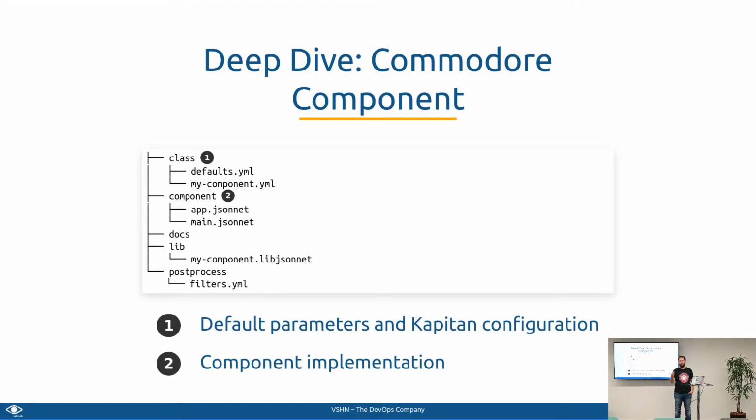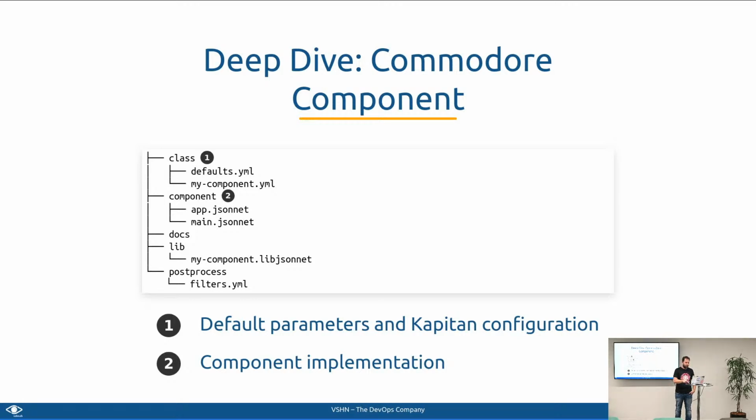So if you already have a good Helm chart for the thing you want to install, you could also use a Helm chart and just parameterize it using Commodore. But we started to use Jsonnet a lot. It gives you a good amount of flexibility when developing such components.